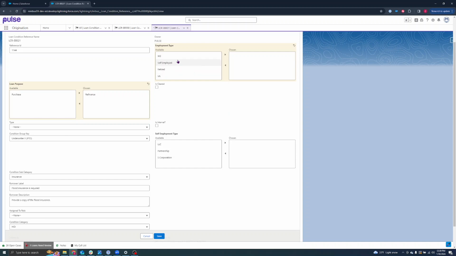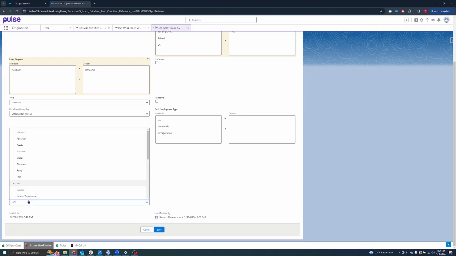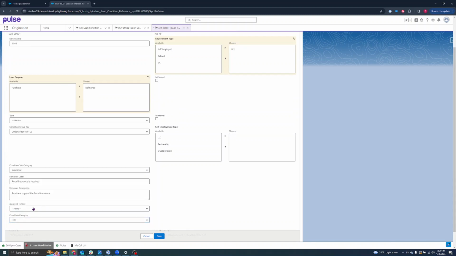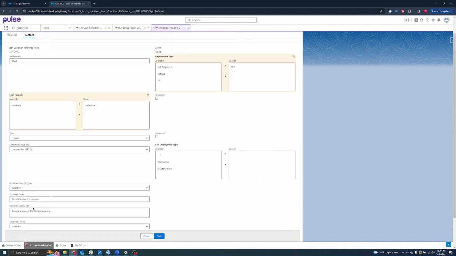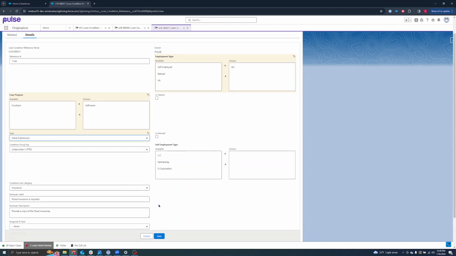refinance, and let's just say we want to keep this as a W-2, and then just make sure that the condition category field right here, my apologies, it is not the condition category, it is the type right here. So we just have to make sure that initial submission is requested for the type or selected for the type right here. And now when I hit save